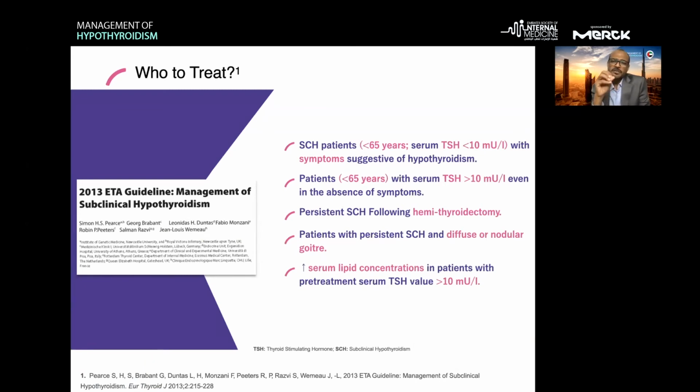Patients with subclinical hypothyroidism who are less than 65 years and TSH less than 10, but have severe symptoms suggestive of hypothyroidism, can be started on treatment. If they have subclinical hypothyroidism but TSH level is more than 10, even if there are no symptoms, you should consider treatment. And if they had persistent